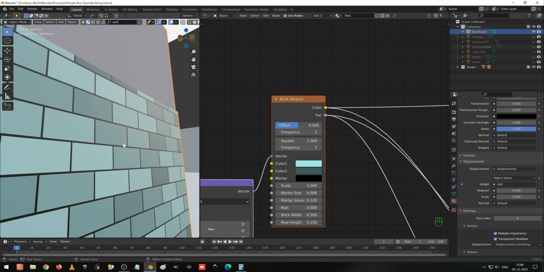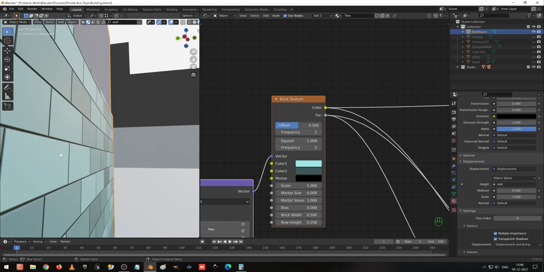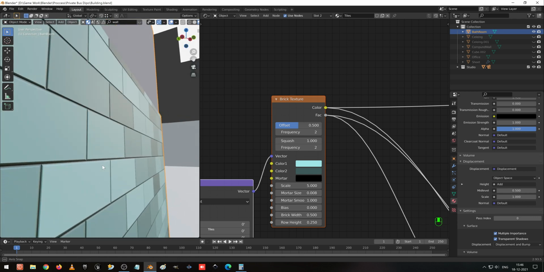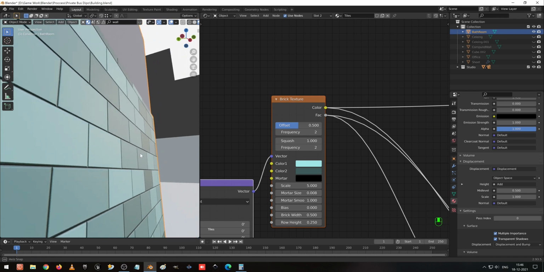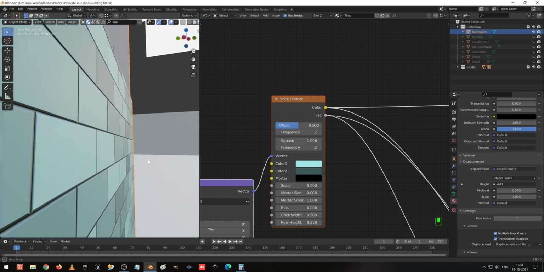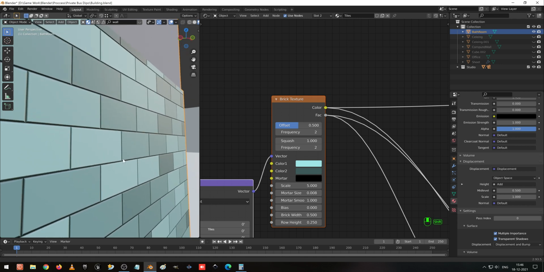And in the brick smoothness, I'm going to give it 1 to smooth the corners. Now you can see some depth is given in these tiles. Okay, so now some depth is there. I hope now you will feel the depth. So now on this depth we are going to do some more designs.